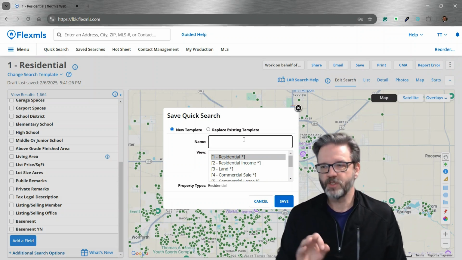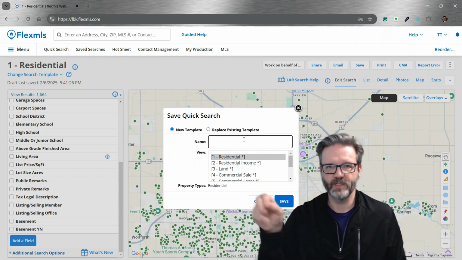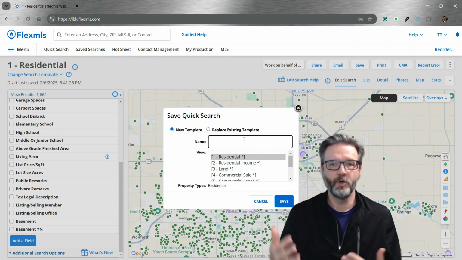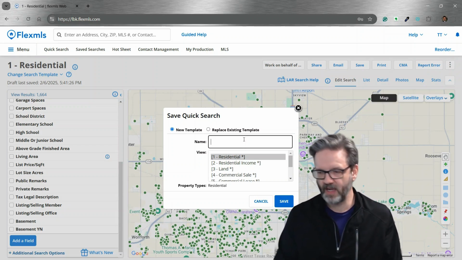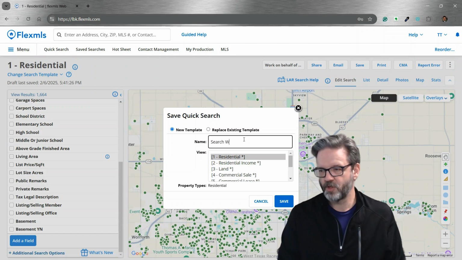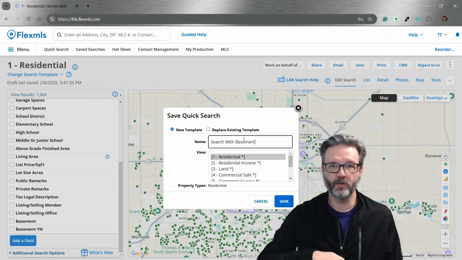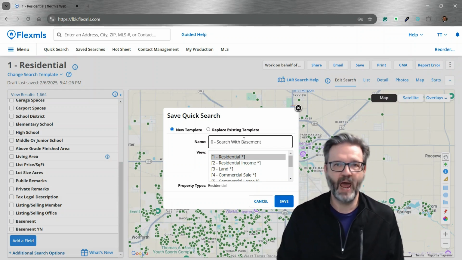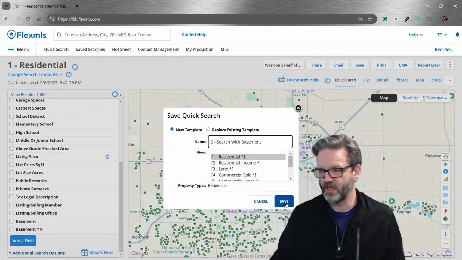When the searches show up, they show up in alphabetical order. You notice it says 1-residential. That makes it the default, the first one that's going to show up in the list. Then 2-. Those are sorted technically alphabetically with numbers coming before letters. So if I save this as search with basement, it's going to show up below my other search options. What I want to do here is something like 0-. 0 will sort before 1. And so now when I save this,